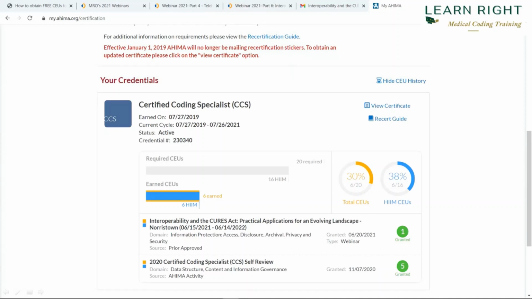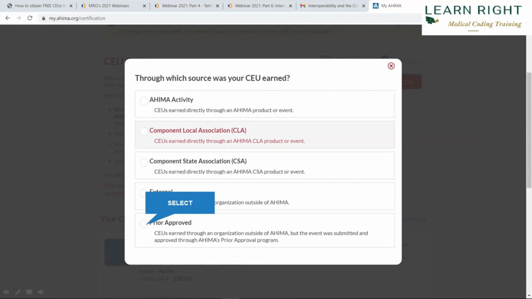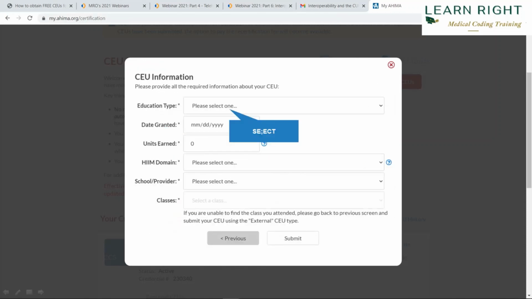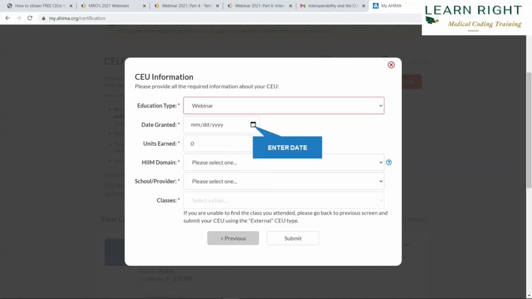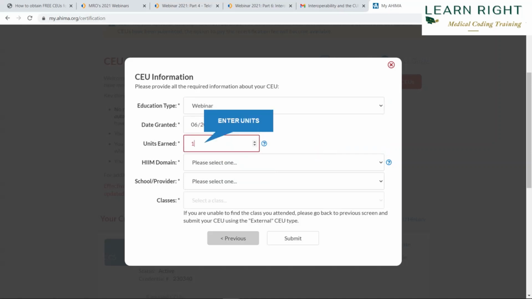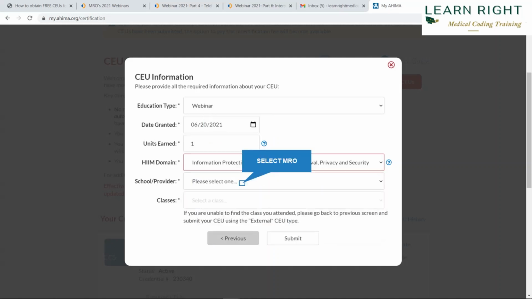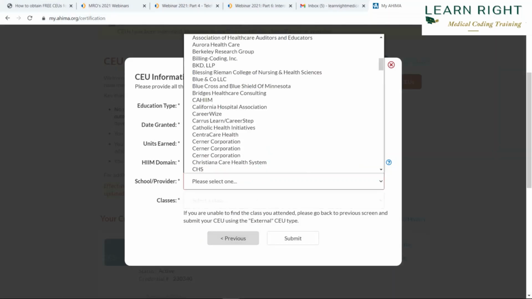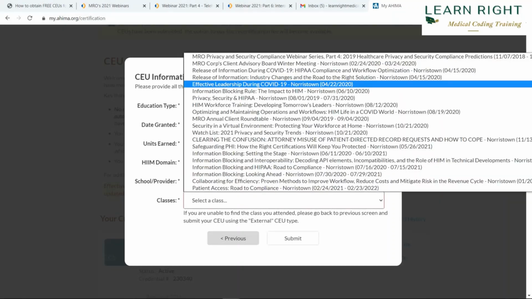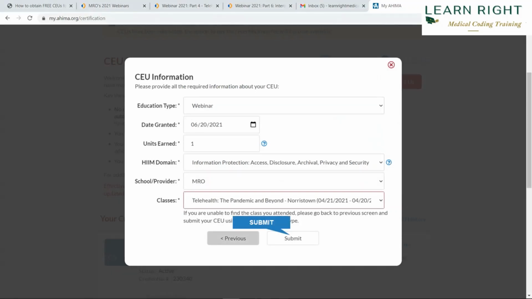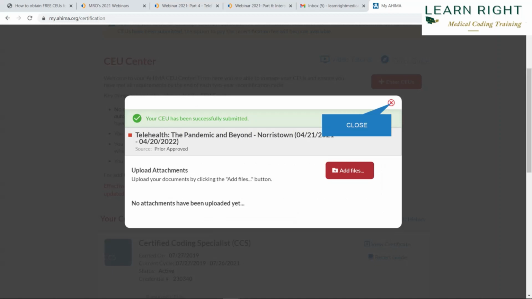Enter all your details, go to the CEU center after registration, select prior approved, then enter the education type as webinar, then the date granted whenever you have registered, the number of CEUs earned, the HIM domain, then the school or provider, in this case MRO, and then the specific name of the webinar or the class. And hit submit. Close it and you're done.